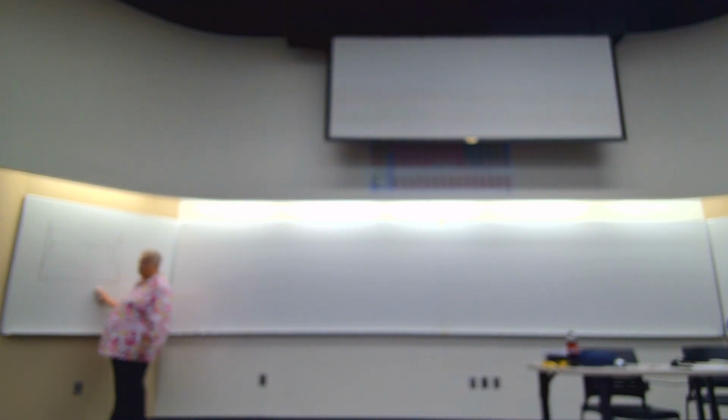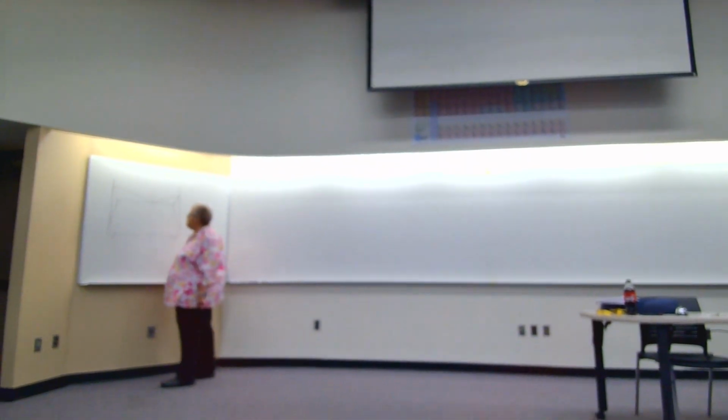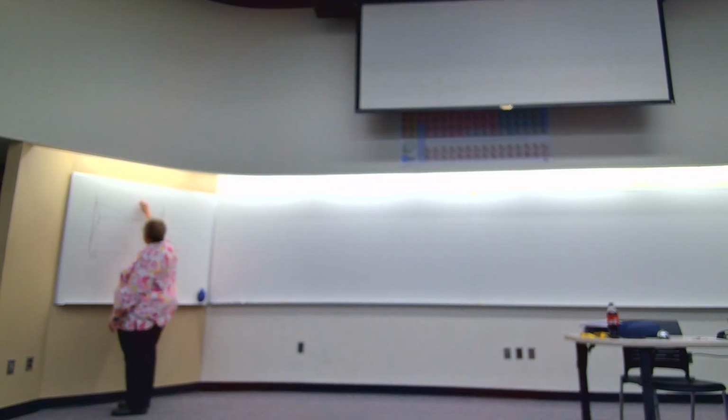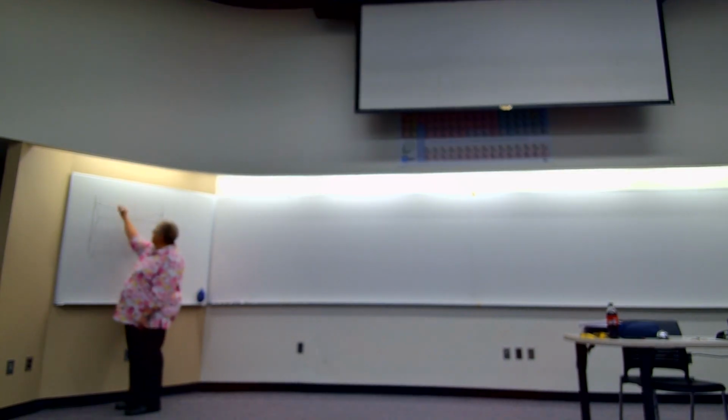Okay, so this only applies to those. So anything that's over here won't have a proeutectic. Anything over here won't have a proeutectic. Of course, if I'm right at the eutectic composition, I also don't have a proeutectic. I only make eutectic, right? But if I'm somewhere between here and here,